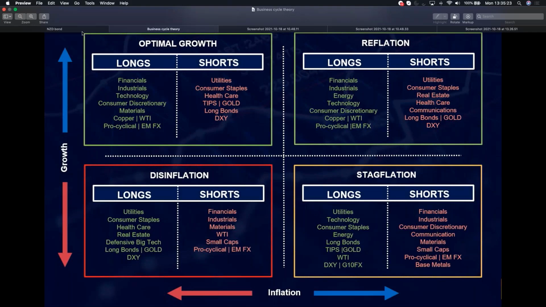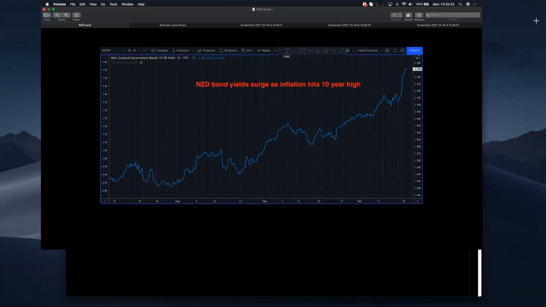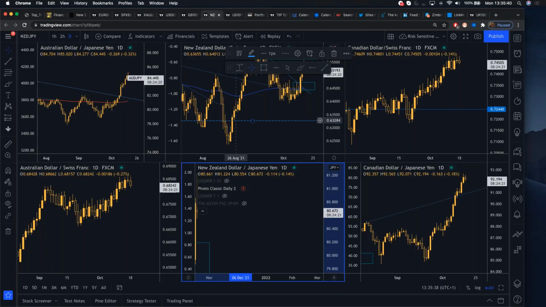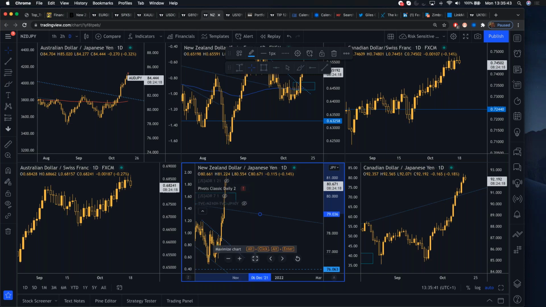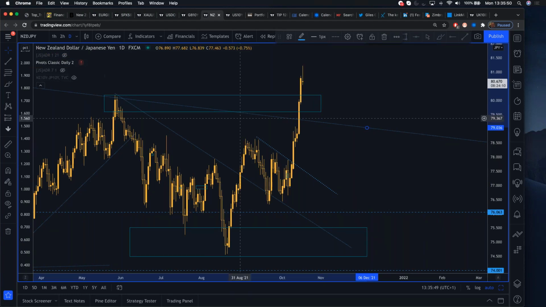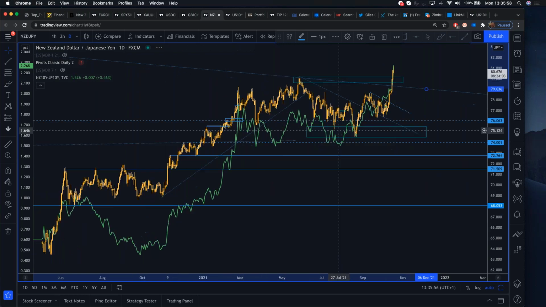And if you just have a look here, you can see that the New Zealand 10-year bond yield has surged higher on those inflation expectations. Now, this means there is a medium-term upside bias for the New Zealand dollar-Japanese yen pair. This is a clear potential tradable opportunity. If you take a look at the New Zealand dollar-Japanese yen pair, you can see that's been moving significantly higher recently. Why? If you look at the bond yield spread between New Zealand 10-year bonds and Japanese 10-year bonds, do you see how they spiked higher up out of that key long-term weekly trend line?